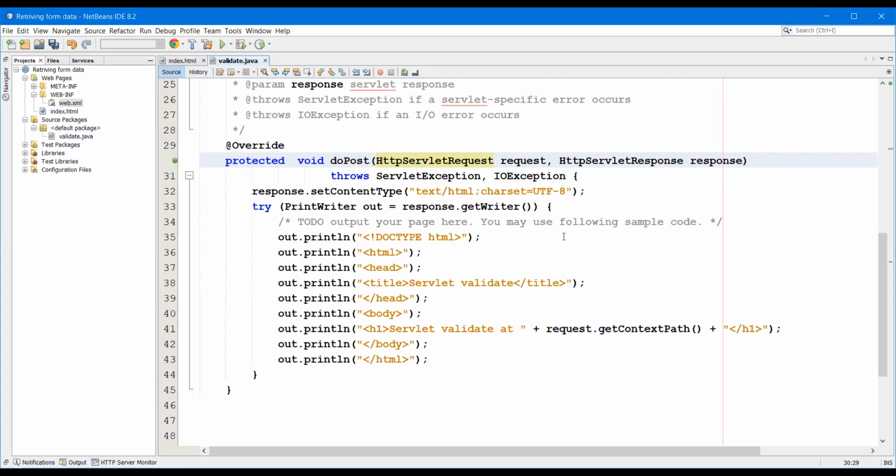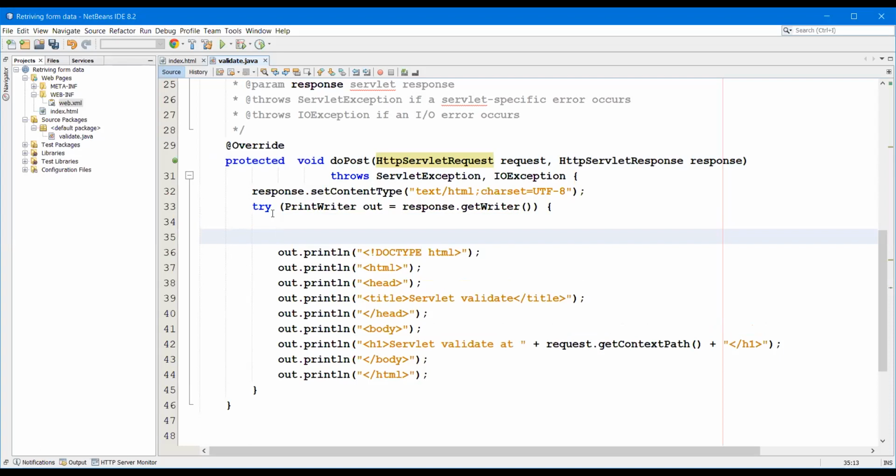Now what we need to do, we need to have two string variables. A string variable called, let us say, uname. In this uname, we are going to retrieve the username and store that username.